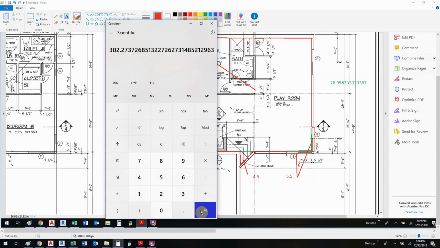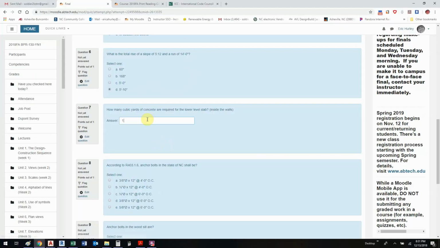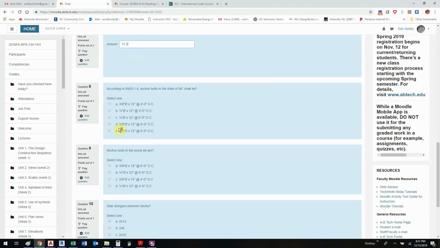0.333333 equals 302.27 cubic feet. So to get that over to cubic yards, I'm going to divide by 27, and that gives me 11.19 or 11.2. So I can go back over here and put in 11.2. Okay, number 8, according to